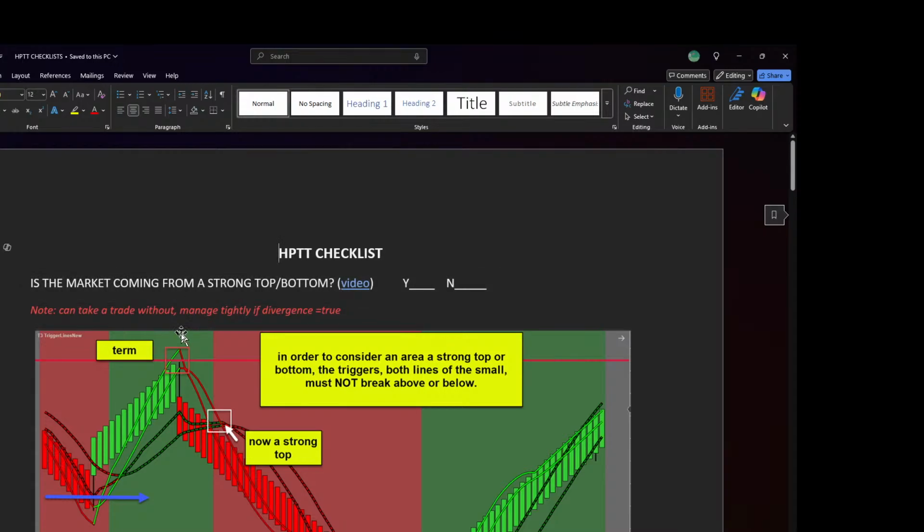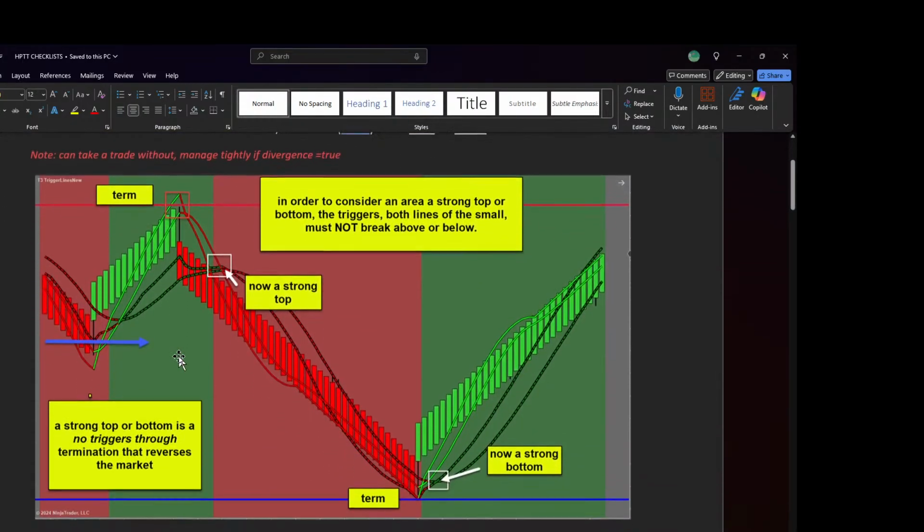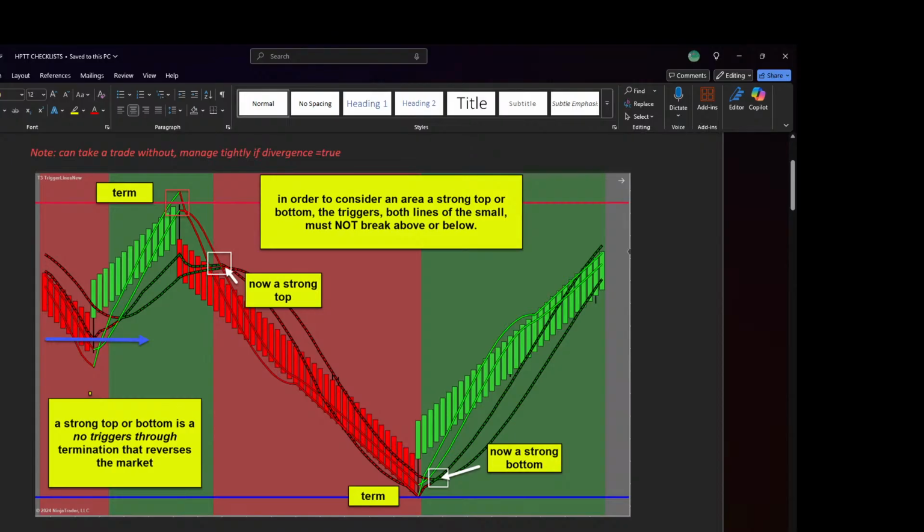The first one says, hey, is the market coming from a strong top or bottom? You're going to hear that a lot, strong top or bottom. So a strong top or bottom means that the market created a termination condition, price reached an area, none of the triggers broke, and that termination condition reversed the market. It made those large triggers go from green to red from a high, or from red to green from a